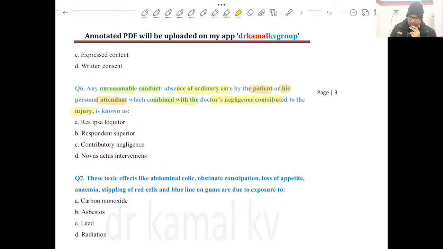Now here, if you look properly, the doctor is negligent, number one, and there is some negligence from the patient or his relative, because there are two parties. One is the medical caregiver, and the other is the patient himself. So if both the parties are showing negligence to some extent, that is known as contributory negligence. It means whatever the final outcome is, whatever the final,